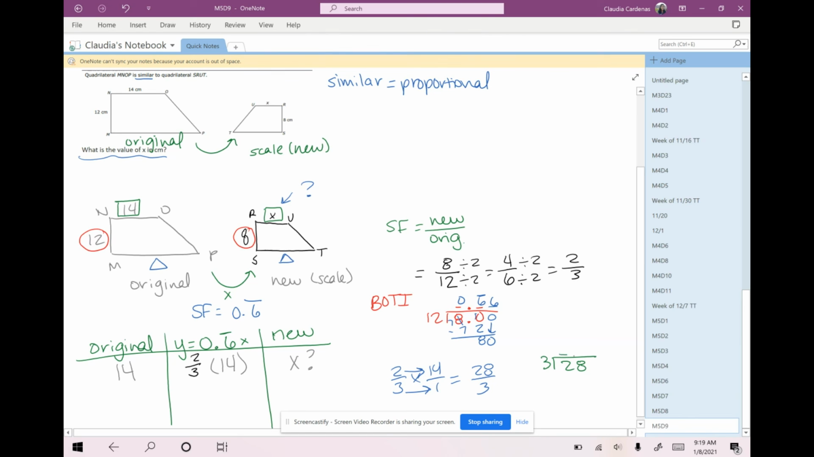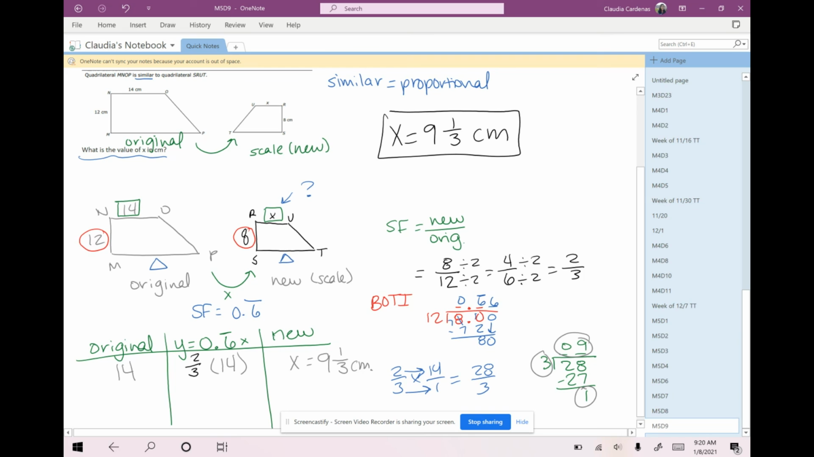3 doesn't go into 28 an exact amount of times, but it gets pretty close. And if I left it as a fraction, or in this case a mixed number, I see that x is 9 as the whole number, 1 as the remainder, and 3 as the pieces we cut it into. So the new dimension is 9 1/3 centimeters. So now we can answer our question. It says, what is the value of x in centimeters? So x is 9 1/3